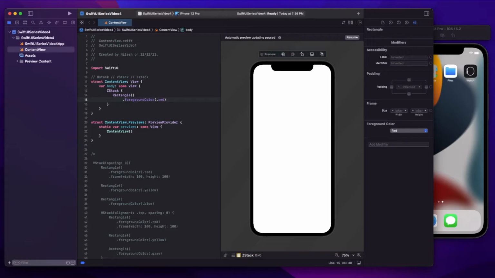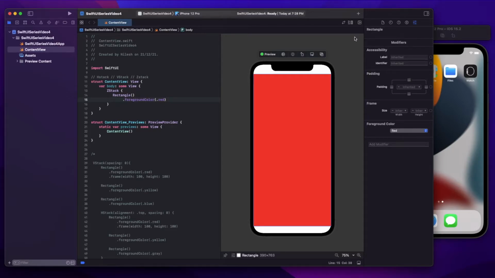Now let's see how it looks. So let it resume and let's have a look. So again, by default, in the ZStack, we have a rectangle, and as we have not provided any frame, it is taking the complete space. Even if I take one more rectangle, now in this case,